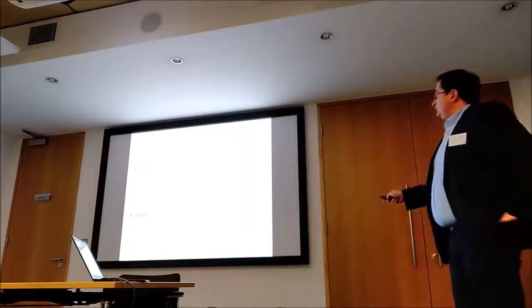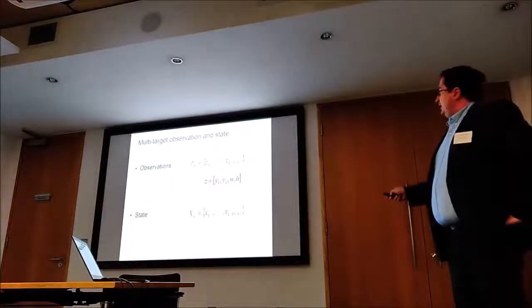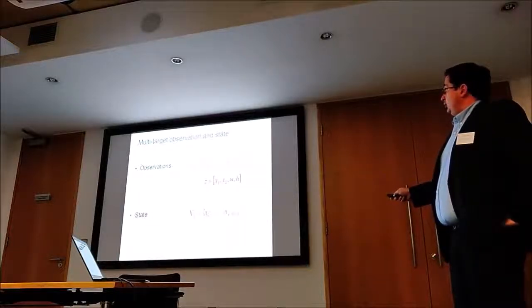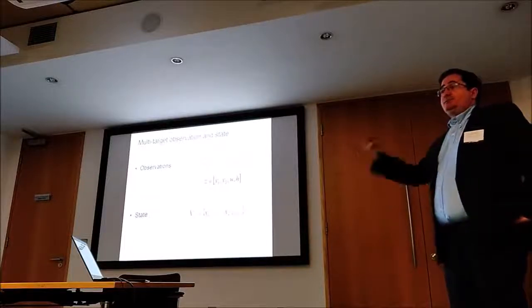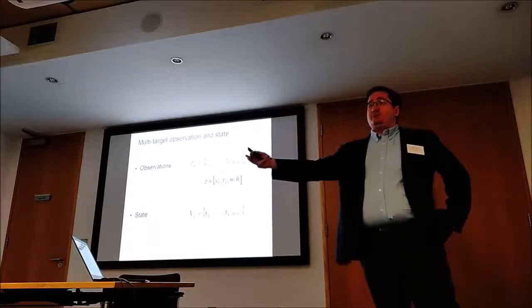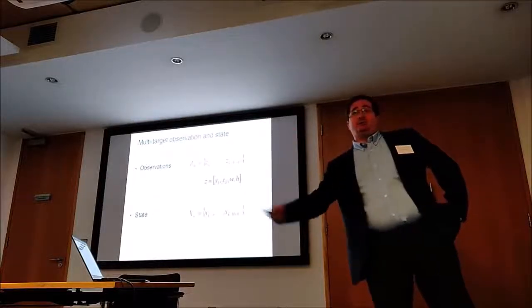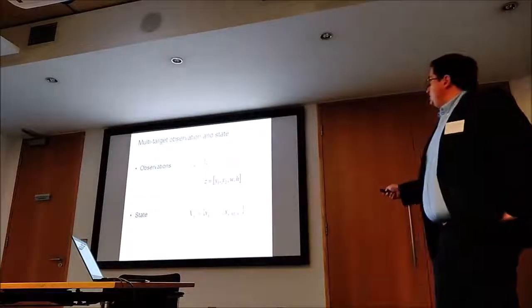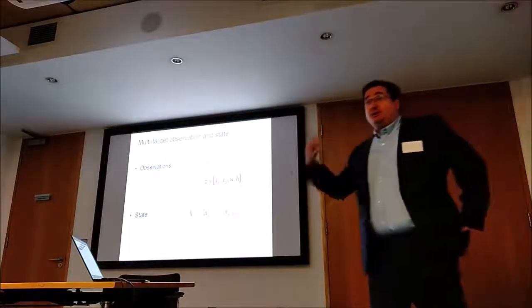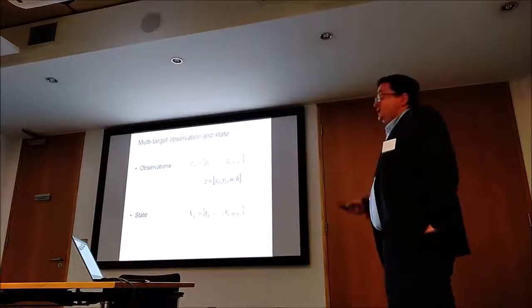You might be provided with a position, with a height, and when you have multiple objects, you will have a set of observations that will change over time. You might have 5 objects now and 10 objects in a few seconds, 0 objects later on, and so forth. Once you have generated over time this set of observations, multiple target tracking aims at generating trajectories,